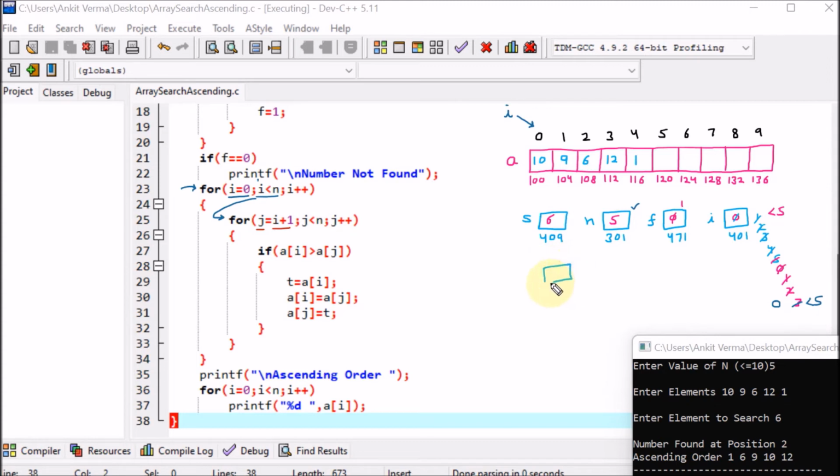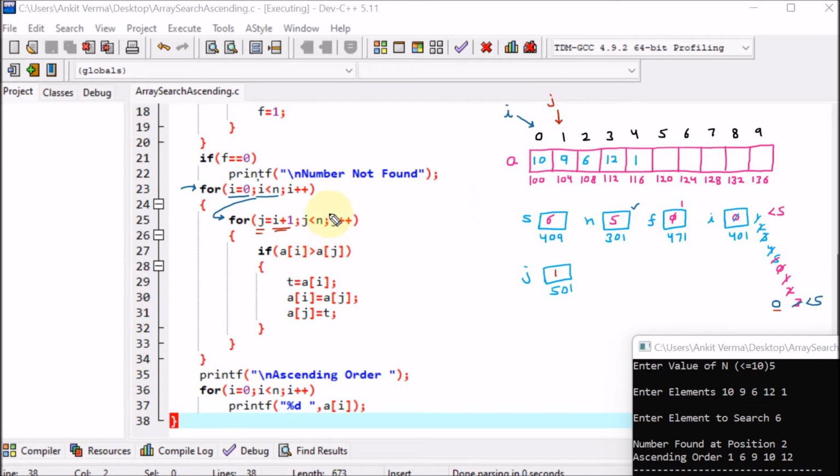So there is one more variable we have defined, that is j. Let us suppose that there is some memory which can be, let's say 501. So here j is equal to i plus 1. What is the value of i right now? It is 0. So 0 plus 1 is 1. So here you understand logically that the value of j is 1. So j is representing the position after i.